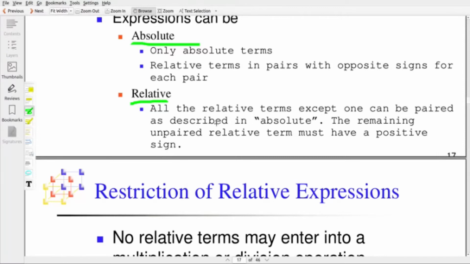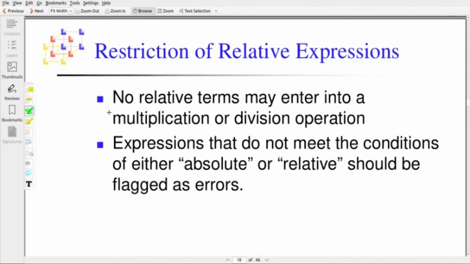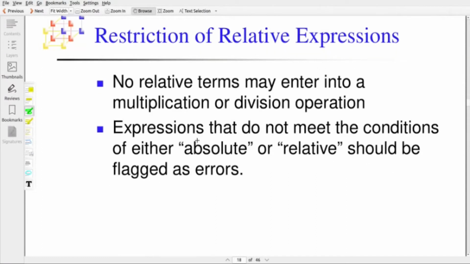That means they should be paired with opposite signs for each other, except one term. The remaining unpaired relative term must have a positive sign. That's very important. No relative term may enter into multiplication or division. Expressions that do not meet the conditions of either absolute or relative should be flagged as an error.